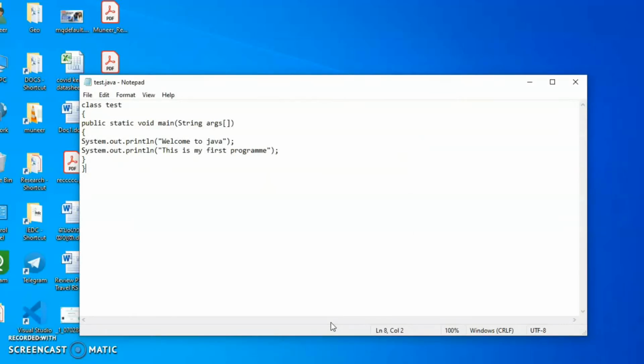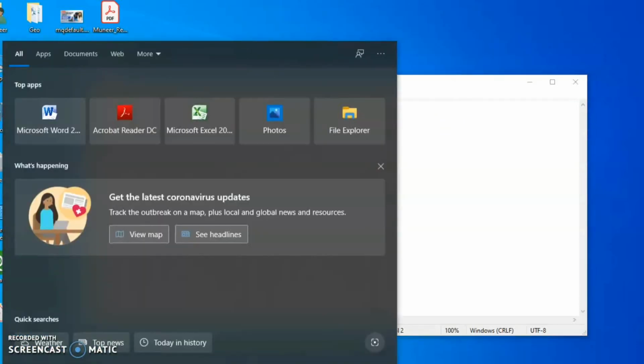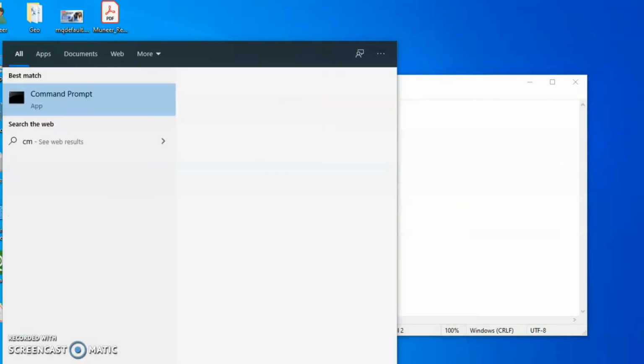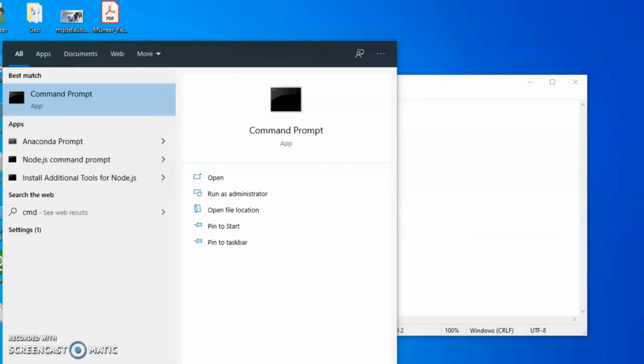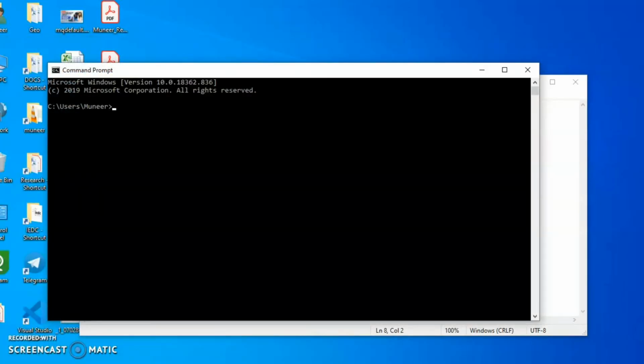I have written my Java program. Now I am going to run my program. Running the program is something you need to take care of. First, you need to open the console. So in the Run window, you just type the cmd command. It will open a command prompt.